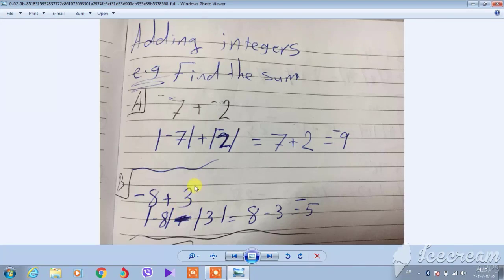After that, the absolute value of the least number. The absolute value of 3. The absolute value of -8 equals 8. The absolute value of 3 equals 3. We write the minus also there, student. 8 minus 3 equals 5. But which number is greatest? 8 is greatest. What is the sign of 8? It is negative. We write this sign, student. Because 8 is greater, we write down -5.